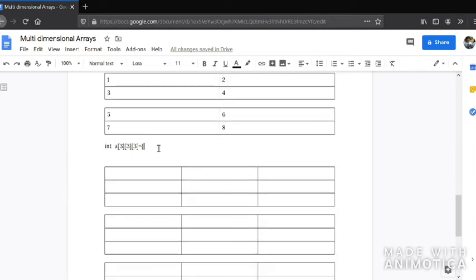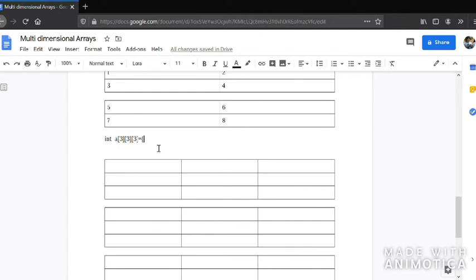Whereas when you're initializing the values of a multi-dimensional array or any array, you'll have to use curly braces. So let me initialize 1 2 3 4 5 6 7 8 9. Then 1 2 3 4 5 6 7 8 9.